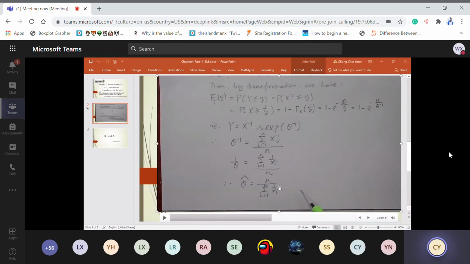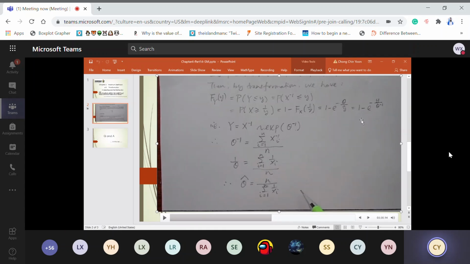Okay, class, are you clear from here? Since you have transformed, when you want to transform, you must go to the CDF. Just like in this theory, we involve the scale distribution. You have to start from the CDF with respect to y, based on y here. So you start from this step, like you prove the scale distribution. Okay, so you can see eventually this is